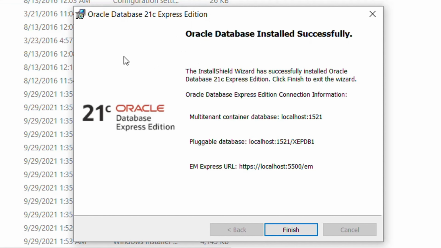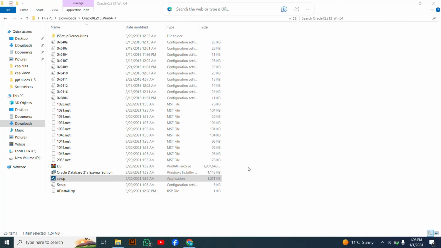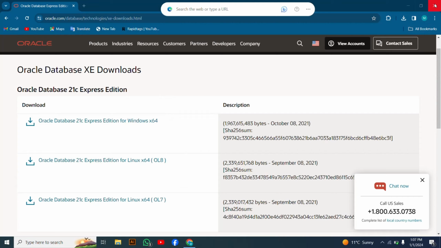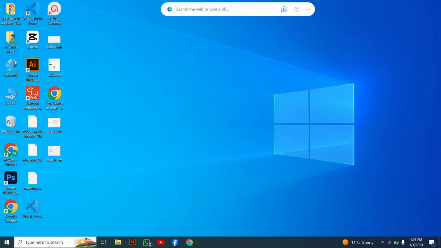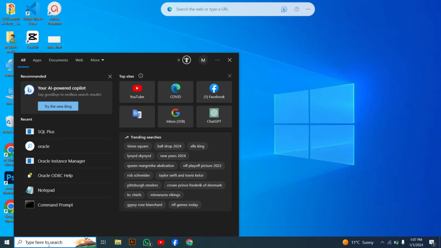And here you can see this is some necessary information. You should save this, and you can take a screenshot and save that screenshot. This is some information about localhosts for different purposes. And here you can see localhost 1, and then localhost and name, and in the last this is the URL http localhost 5500. So after taking a screenshot, now all the installation processes are completed, and here I will close all these tabs,